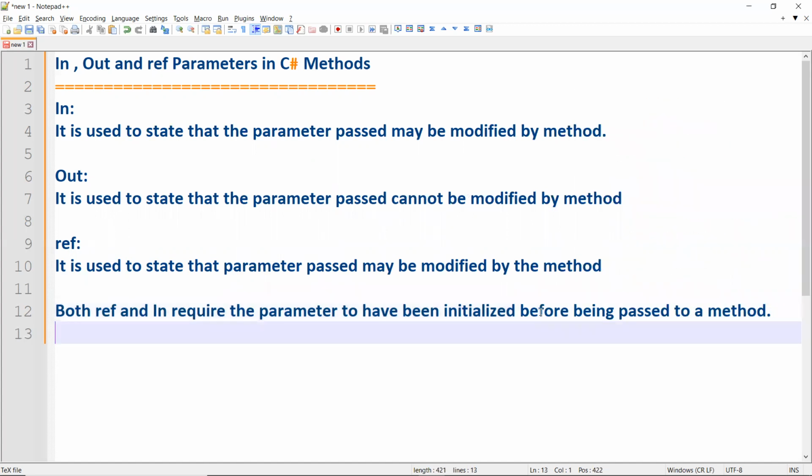This is the difference: the out modifier does not require this